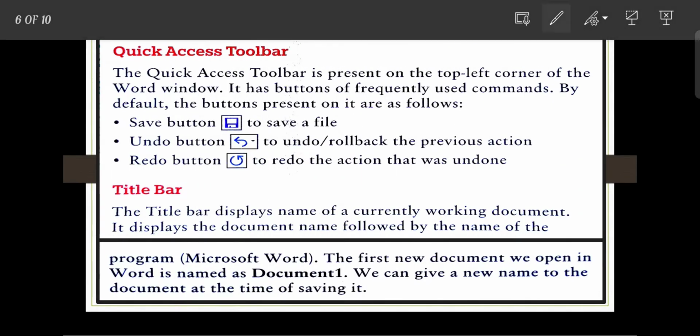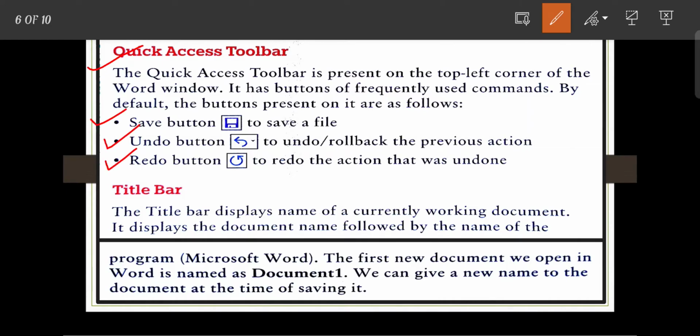So first is the quick access toolbar. The quick access toolbar is present at the top left corner of the Word window. It has buttons of frequently used commands. By default, the buttons present on it are as follows. First is the save button, second is the undo button, and the last is the redo button.